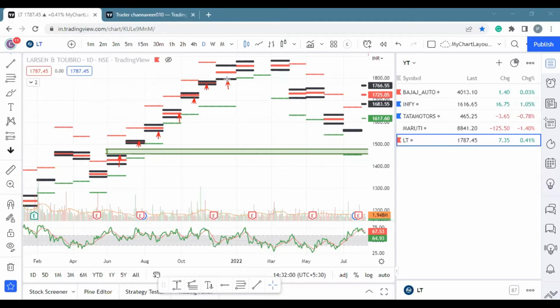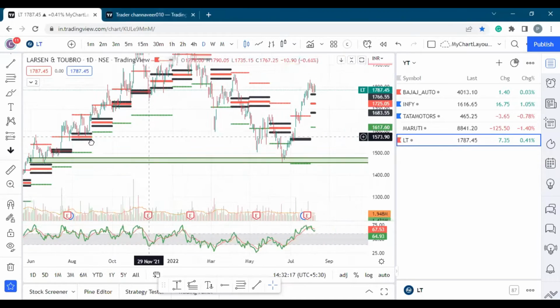So first, it should be ascending, and second, it should not be overlapping. These are the two conditions you should remember when filtering out the stocks or any instrument you want to trade. Anything which is overlapping or anything which is descending, we are not interested in for our trade. So rule number 1 is very clear: ascending and no overlapping CPRs.